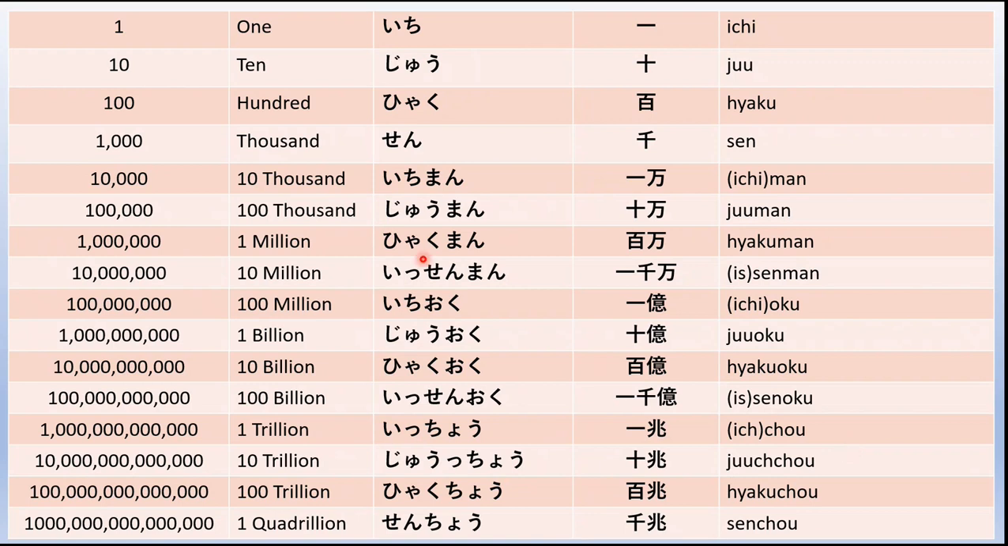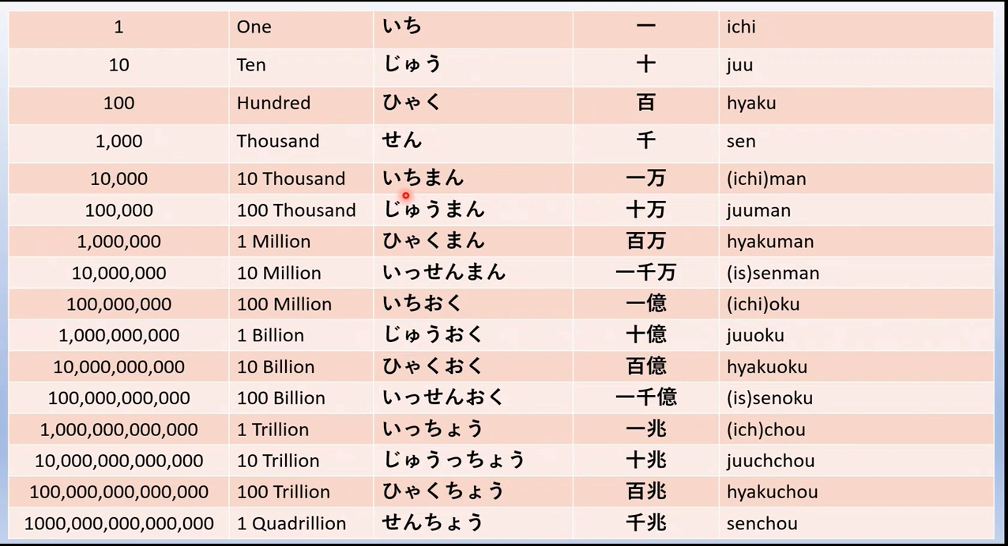The first line is 1, ichi. Second is 10, ju. 100, hyaku. 1000, sen or isen. So up to this much we have studied so far in this lesson. Ichi, ju, hyaku, sen. So the next will be 10,000, which is called